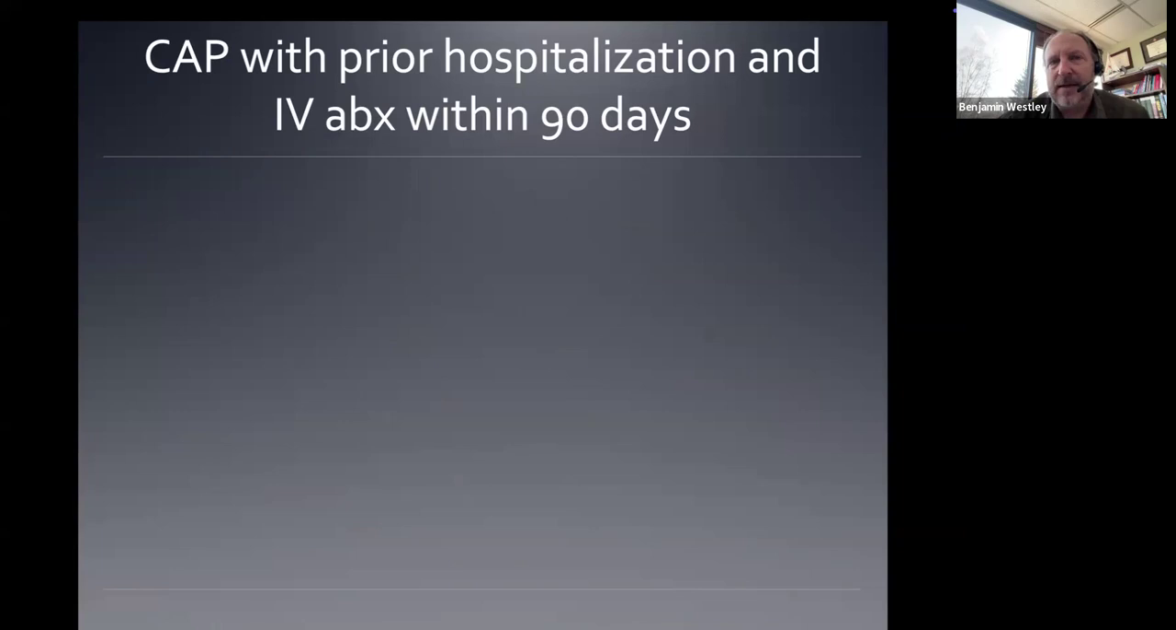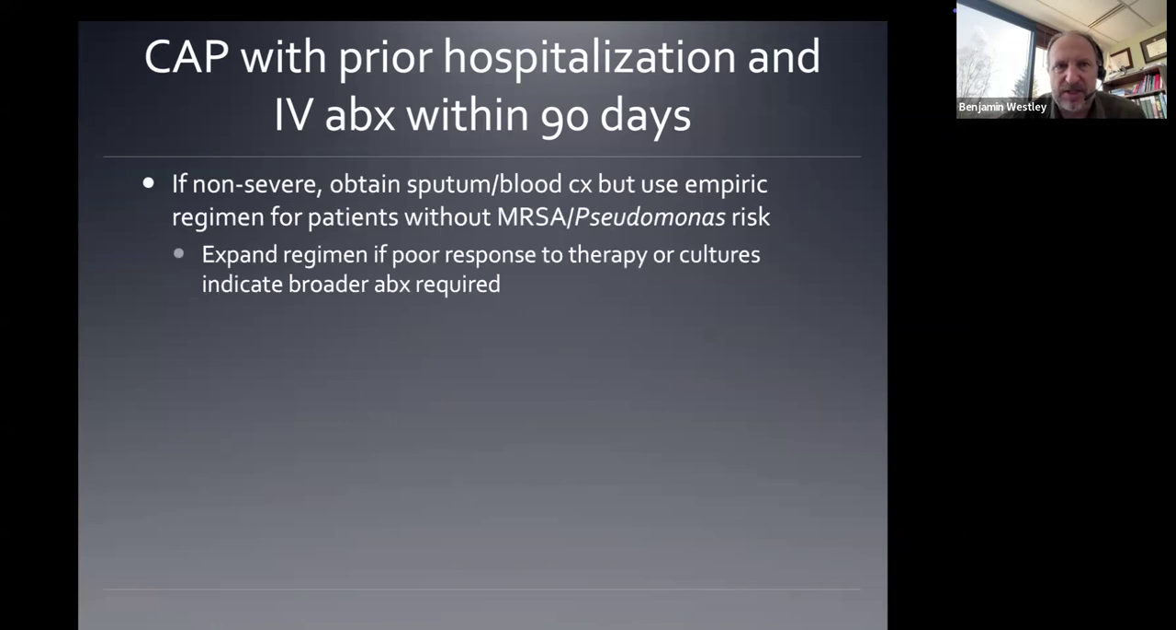Now, if patients have been in the hospital and received IV antibiotics in the last 90 days, that does increase the risk that there could be a resistant organism in the lung. So if the patient is not in the ICU, if it's an admitted inpatient pneumonia but they're not severely ill, then we recommend sputum cultures and also blood cultures. But the regimen that you start them on can still be the same as someone that has not had MRSA or Pseudomonas, as long as they never had that before. So we still endorse ampicillin-sulbactam and azithromycin. We wait for the cultures,